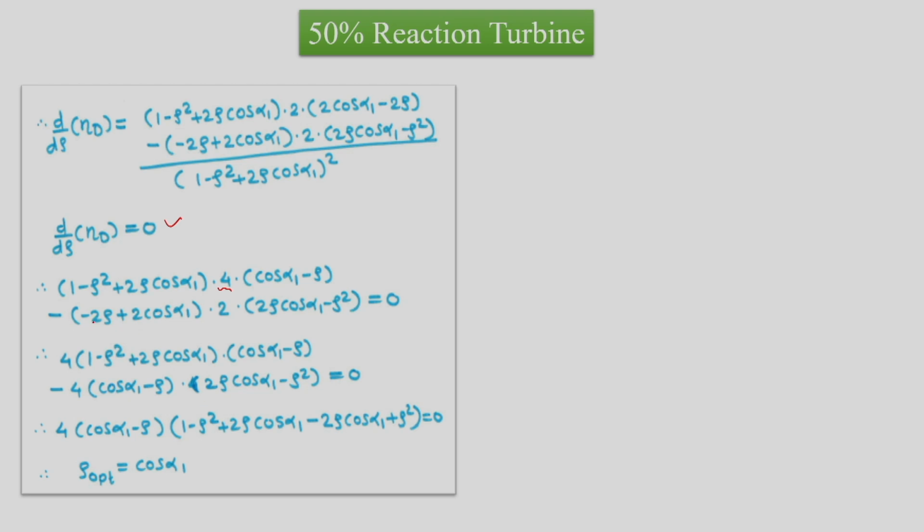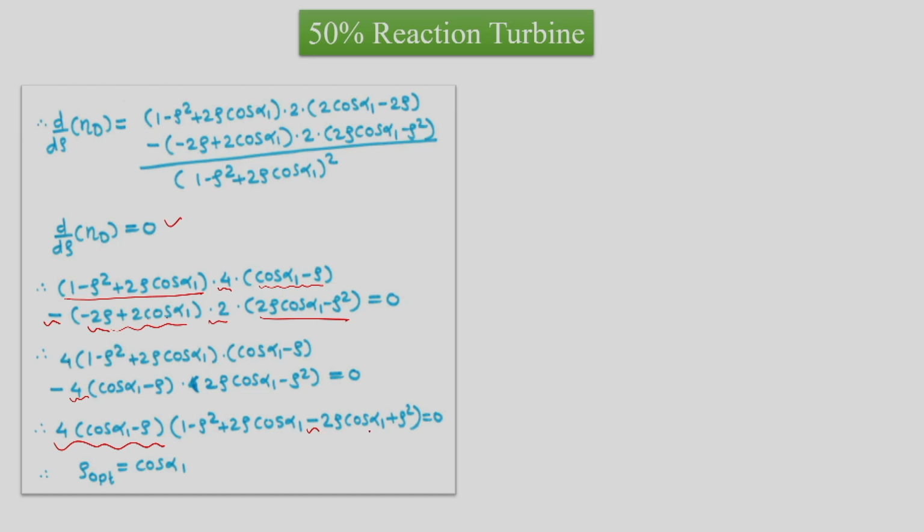Here as well we have 2, so here as well it will become 4. So this 4 and this 4 are there, and then further we have this term as cos alpha minus rho, and here also we have cos alpha minus rho. So these two terms and the 4 will be common. So we have 4 cos alpha minus rho into 1 minus rho square plus 2 rho cos alpha 1 minus